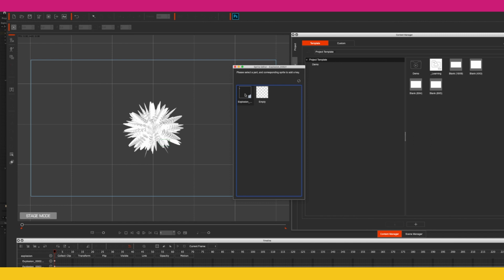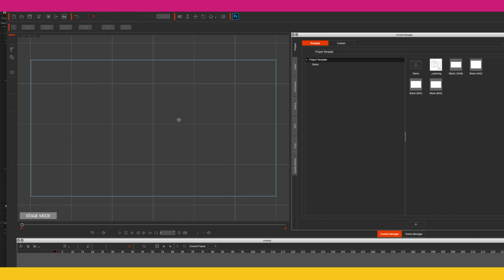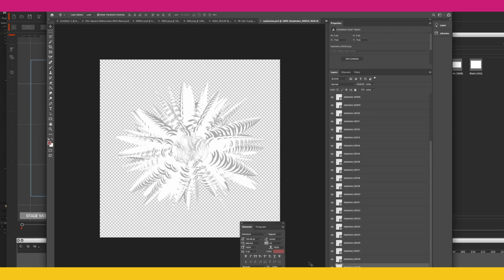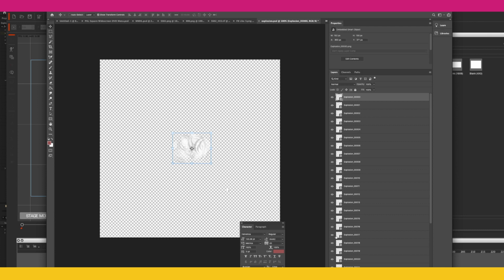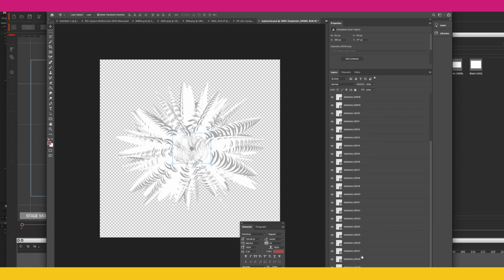Okay, so I've done something wrong here, because it's all coming through as one image. So what I need to do now is delete that. I'm going to go back to our PSD file. I can't think what it would be. Oh yeah, let's select everything, and then we'll make it